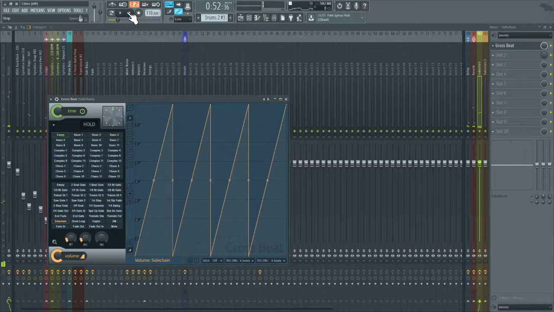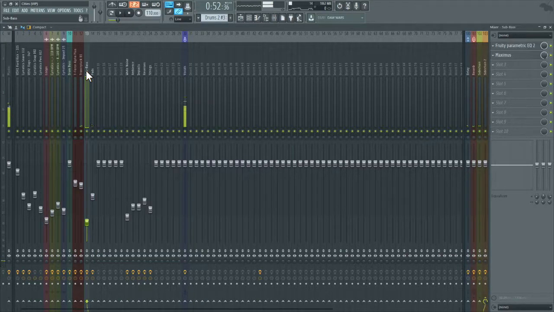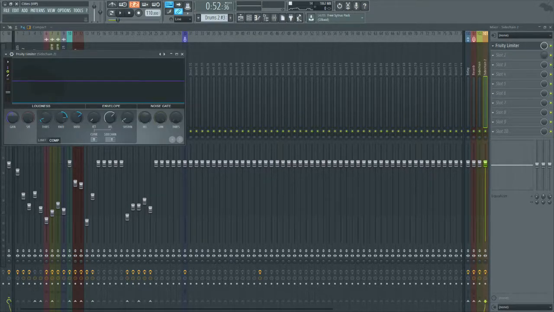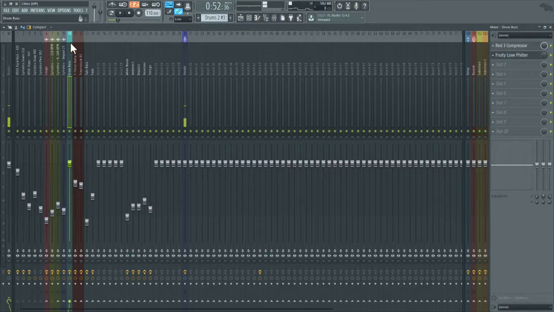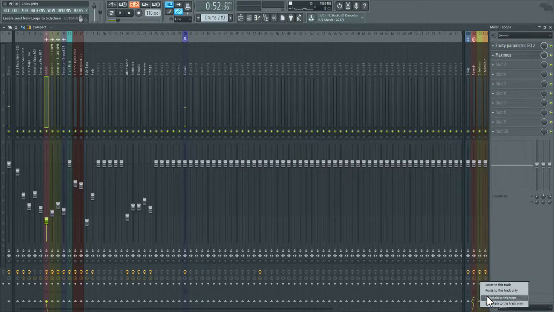But it goes two different ways. One is the sub bass, and I decided to go with limiter on the sub bass, and everything else is like the loops will go on the side chain, which I'd be more comfortable with it going on gross beat,